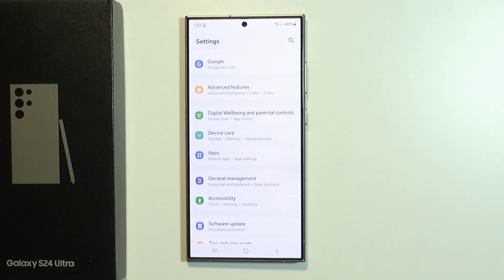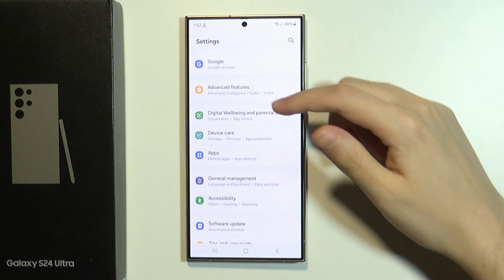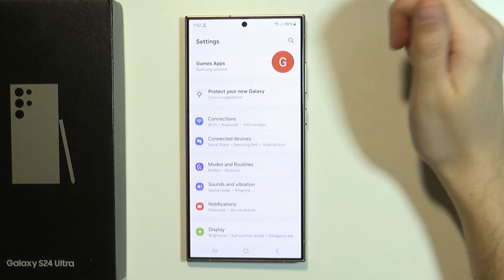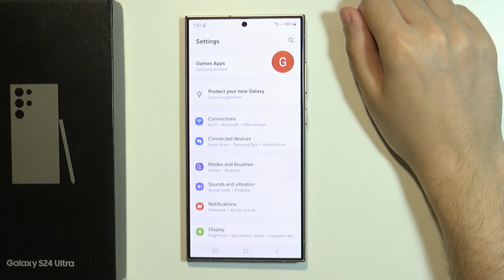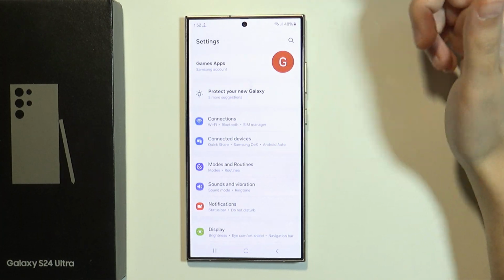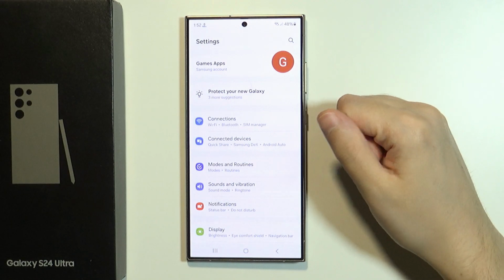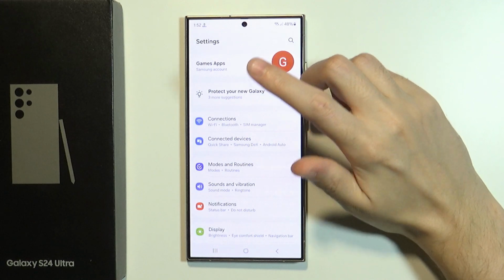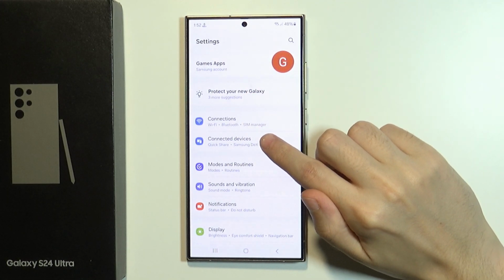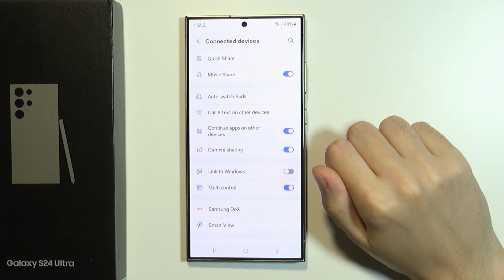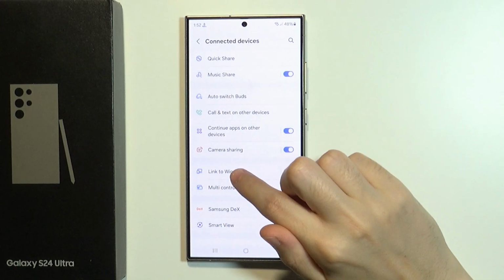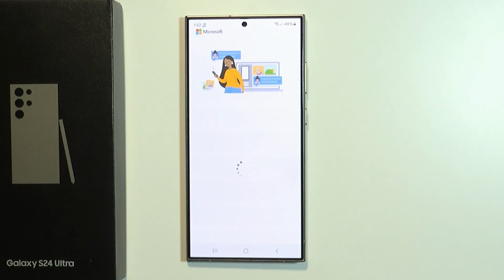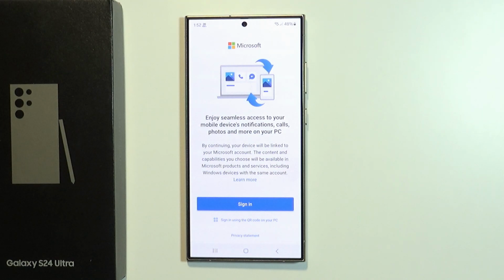If you use a Windows PC or laptop, then you also have an easy way to connect your smartphone to your PC and have access to your smartphone through your computer. In order to find the Link to Windows, this is the app that you want to use. You can find it by going to connected devices in the settings, and over here you have Link to Windows. You can press this slider, and then you will see the steps that you need to do in order to